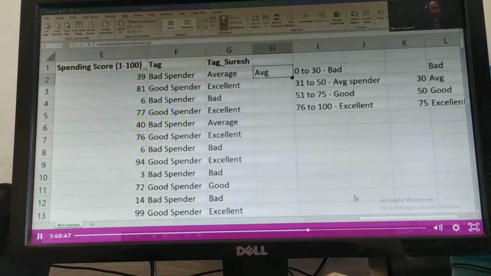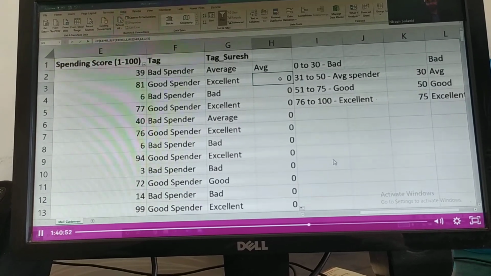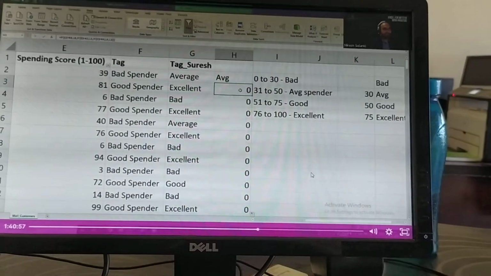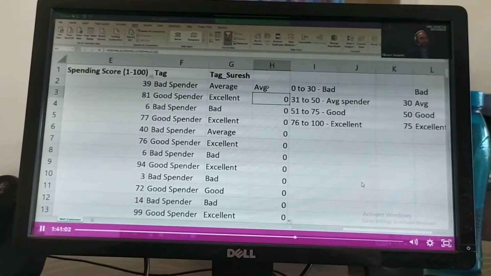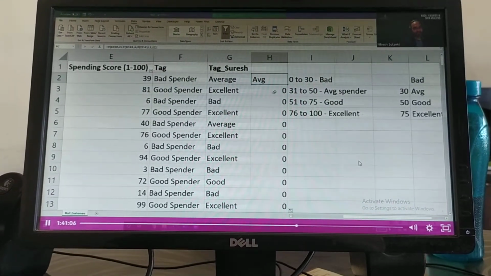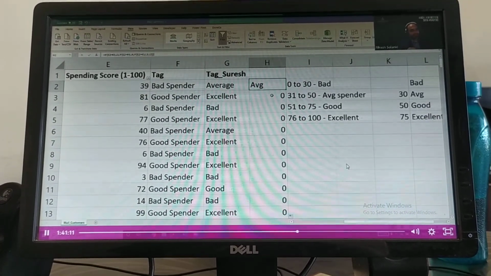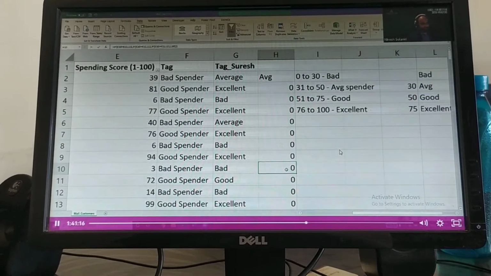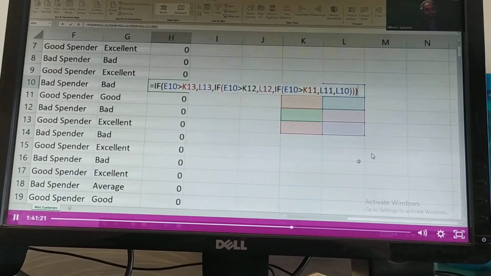And if I drag it down, this is what's going to happen, right? Where did it go? What happened? Help me understand what went wrong. See, when you copy paste and you're referencing your cells, the reference cells also move down. So now it's moving down. With this formula, it is referencing here, sir. Okay. It is referencing here.